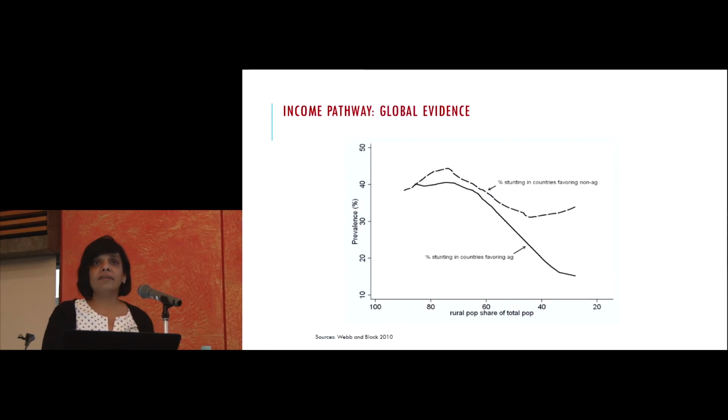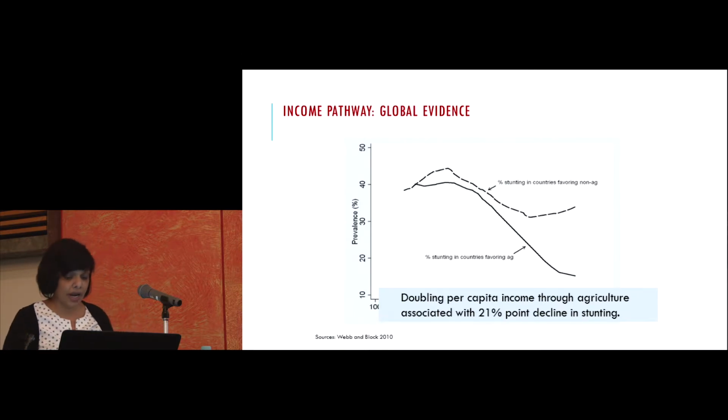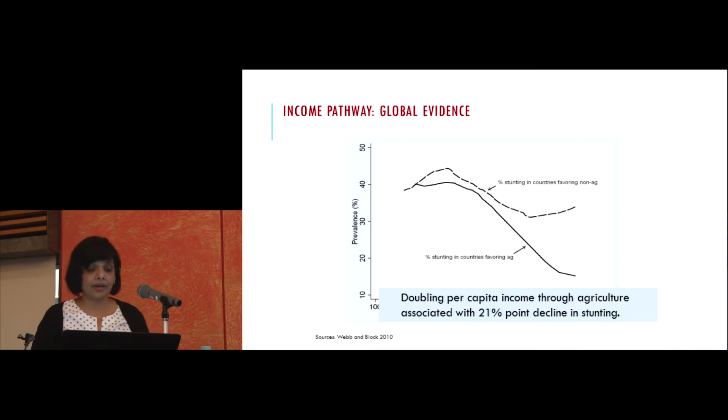What we know, the global evidence basically shows that when countries favor agriculture-led economic growth over the other kinds of economic growth, then stunting reduces much more steeply. What you see here is that doubling per capita income through agriculture-led growth is associated with a 21 percentage point decline in stunting. That's huge. Having said that, doubling per capita income is also not easy, but I think the gains are huge